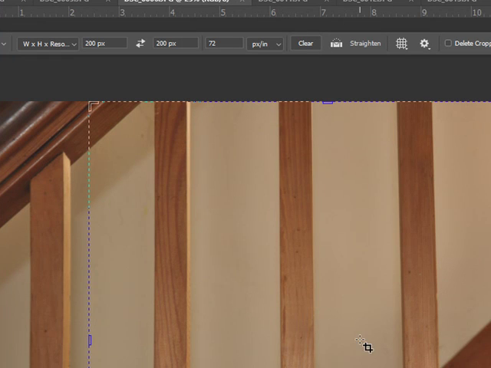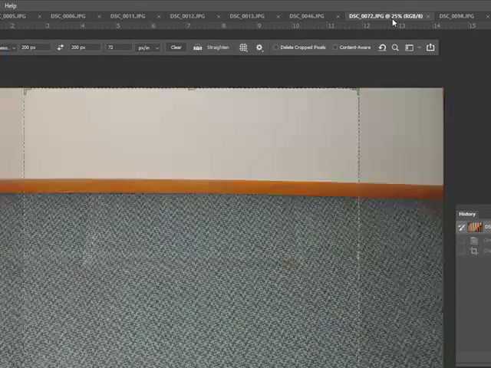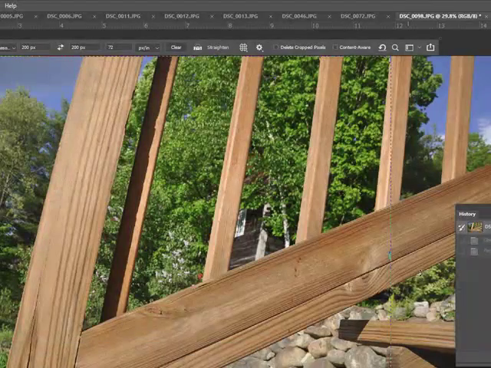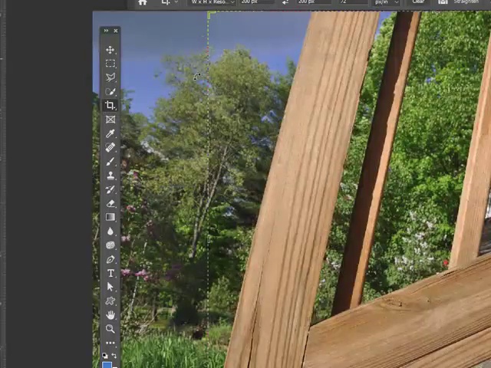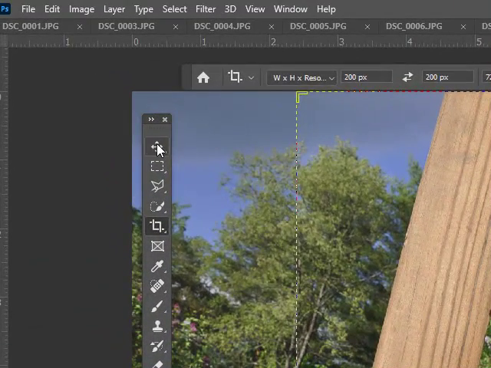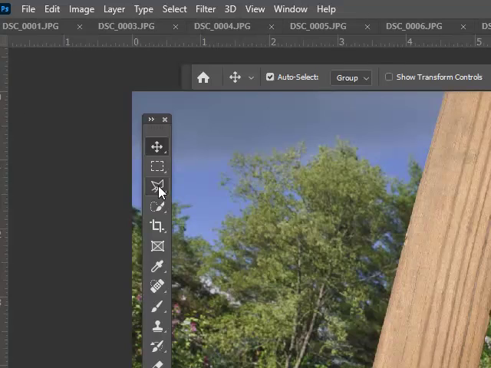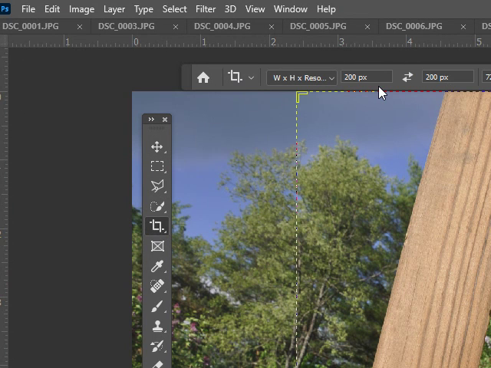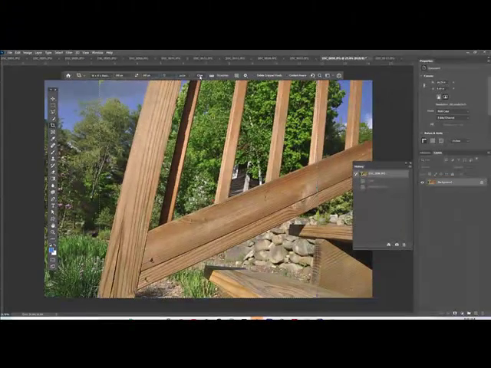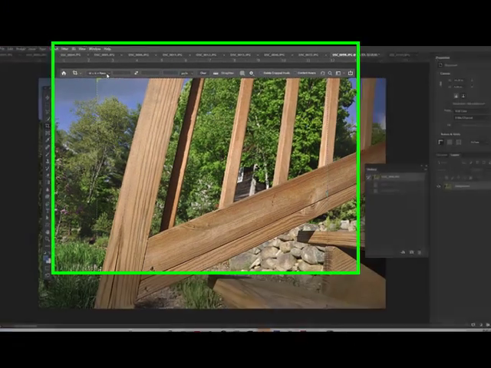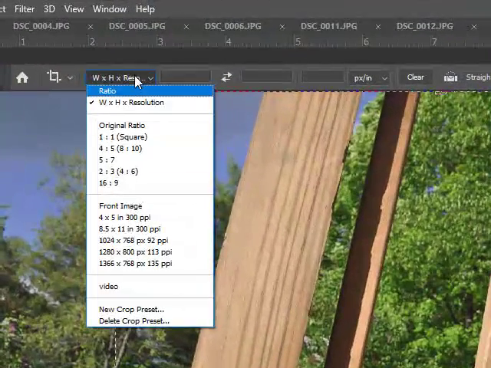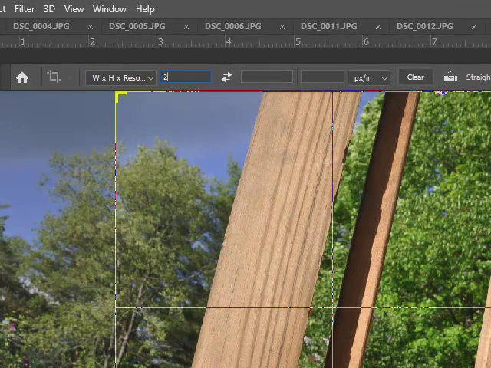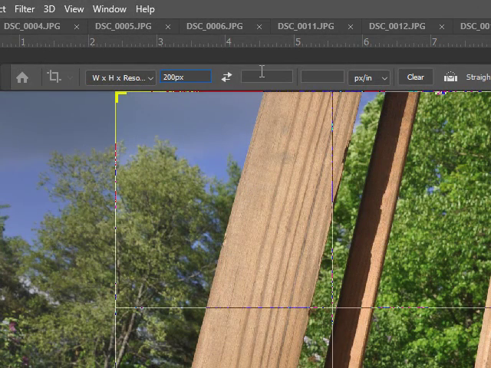Now I want to show you one more thing. I'm going to take a different image here, if I find it. This one is quite crooked. So I have my crop tool. The reason I can't get rid of this until I just choose another tool, then it goes away. So as soon as I select it, it still has that setting, and if I wanted to change it, next time I'm using the crop tool and want to get rid of this setting, I would just hit clear. And I got rid of that, and I could go choose back ratio or a different one of these settings, but now I have to put that back. 200px